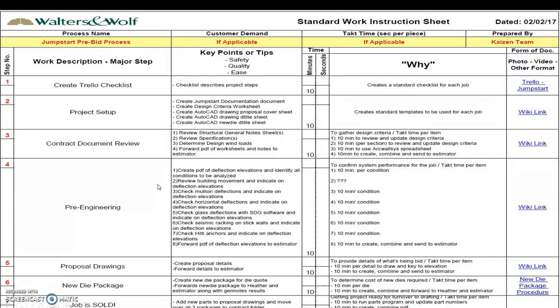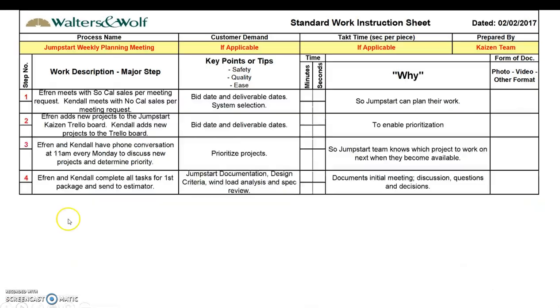Okay, so the next step John and Mike Bellis worked on went to the wiki. Pretty much everything was already documented on the wiki, but they reviewed everything there, cleaned it up, brought it more up to date, more current, and then put it on this work instruction and added the links so you could find everything from here. We also set up a Trello between the Jumpstart, but there's another slide down the way. We'll talk about that a little bit more.